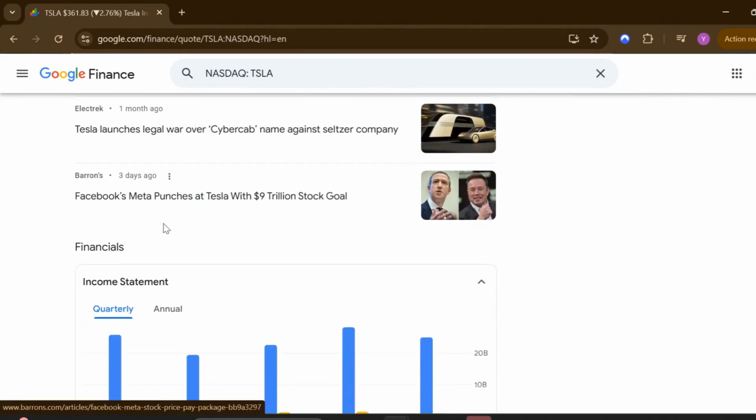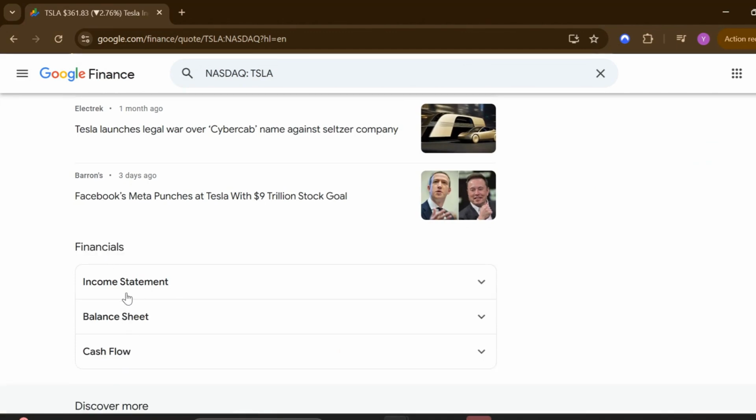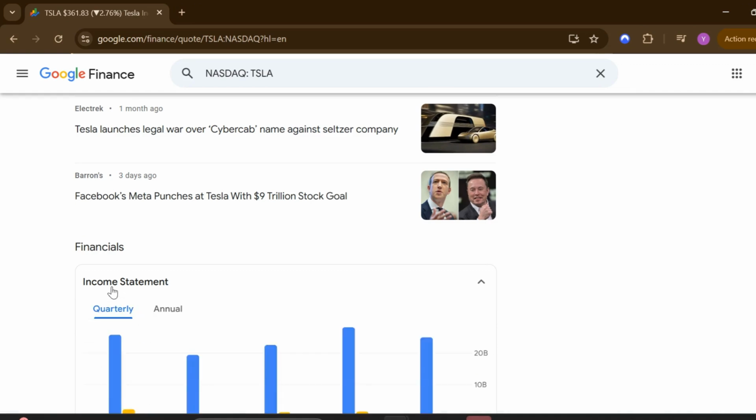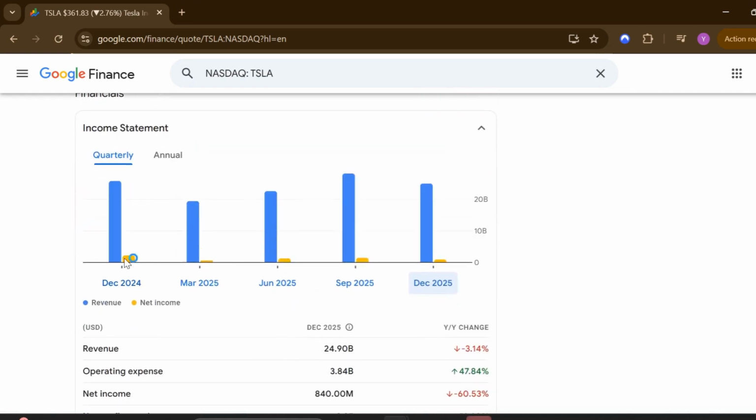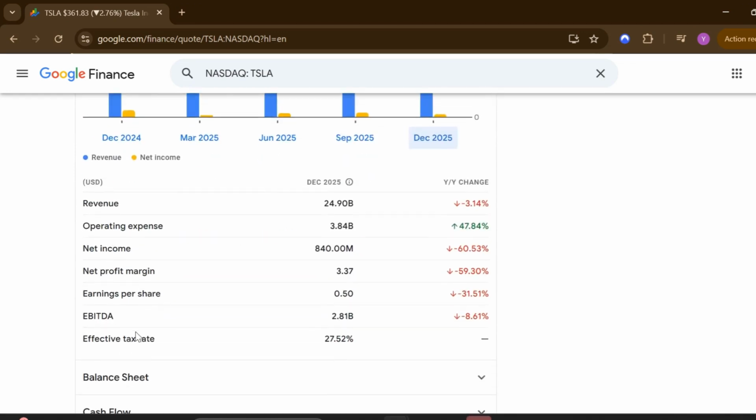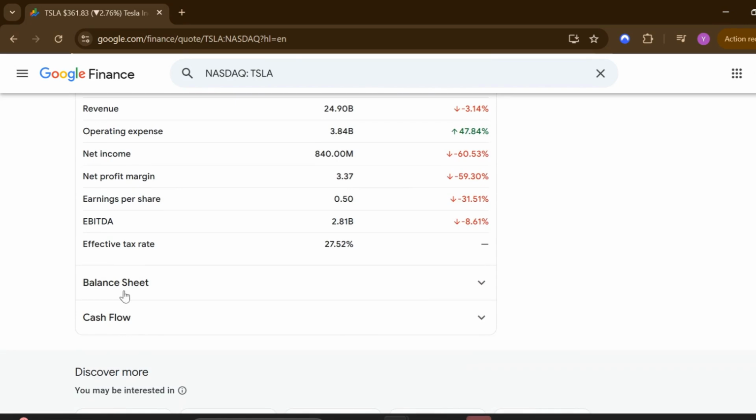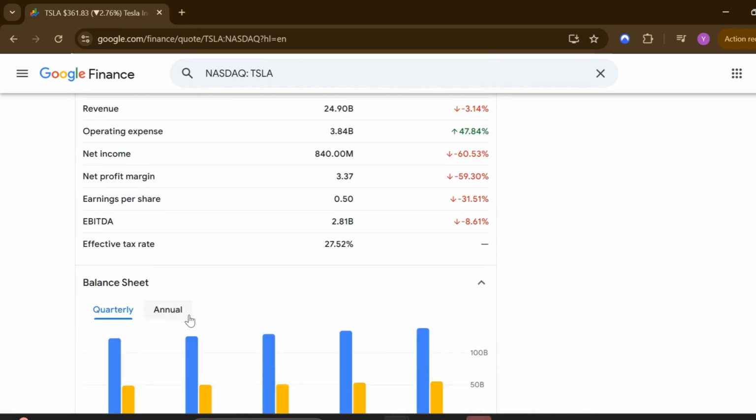Here, I like to explore all the different options. You've got the income statement, the balance sheet, and the cash flow. If I want to check the income statement, I usually switch between quarterly and annual to get a sense of short-term versus long-term performance. The balance sheet works the same way, quarterly or annual, and it gives me insight into